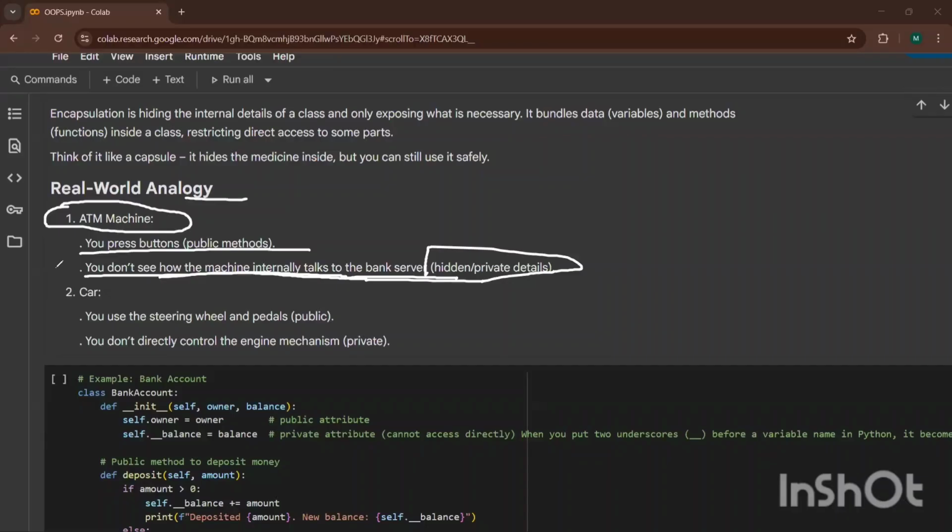So that is what encapsulation is: just showing the necessary details and hiding the important things, or you can say the difficult part.